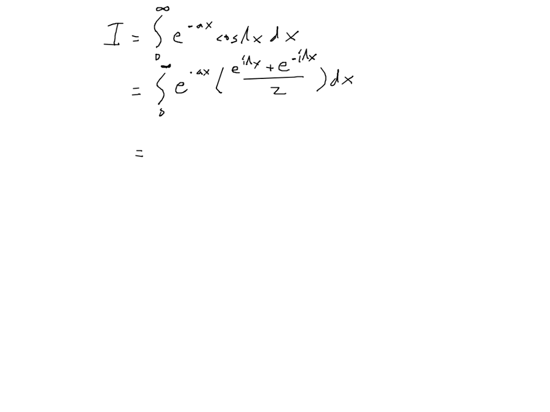And if you do that, then now you have one integral, which is 1/2 e to the minus ax e to the I lambda x dx, plus the second integral,